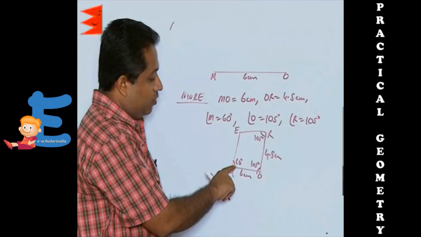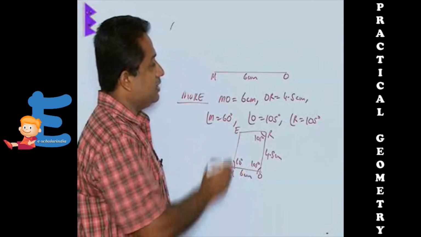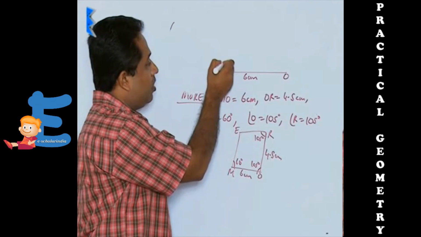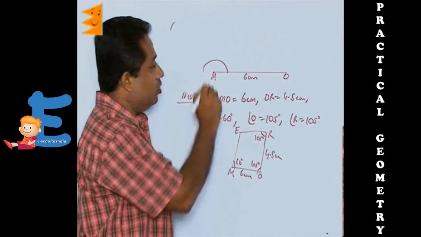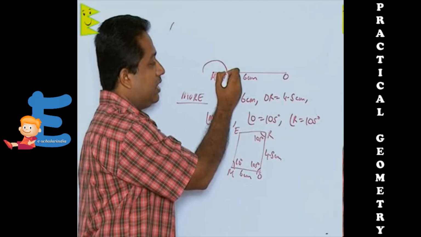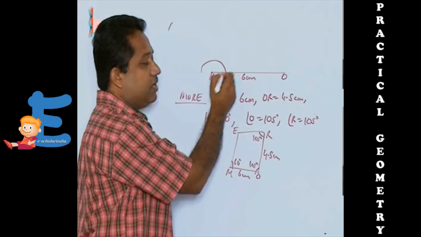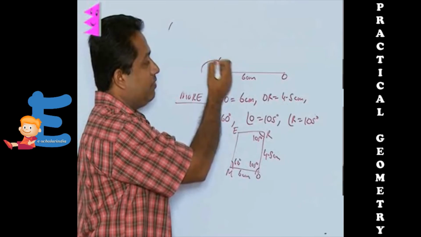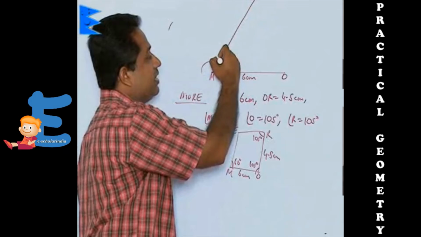Now on this side you will find that angle M is 60 degrees. Now the process of drawing 60 degrees is, from this point M you are going to draw any arc, and without changing the radius. This is important. Do not change the radius. Whatever arc you have drawn, the same radius, you will take a point on the line where the arc is intersecting. From here, without changing the radius, you are going to cut on this arc that you drew previously. So this is going to be 60 degrees. So 60 degrees line is obtained.